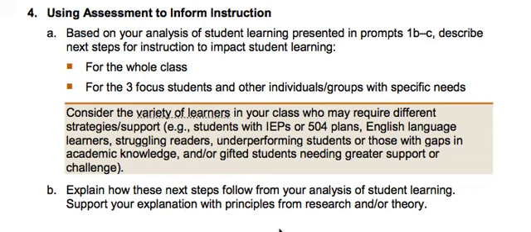Part B, explain how these next steps follow from your analysis of student learning. Support your explanations with principles from research and or theory. So A, basically you are looking at what are the needs of these students. What would you do differently? What can you do differently? Where are you going to take these students from here? Right? And then part B is explain where you're getting these ideas from and tie it in to research or